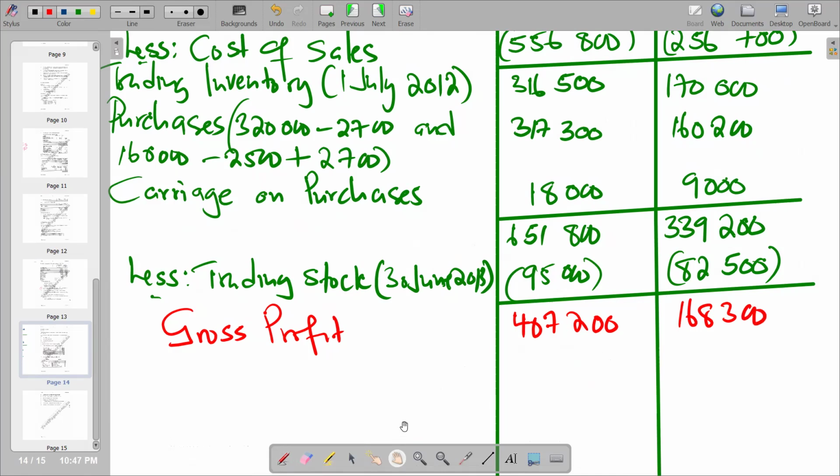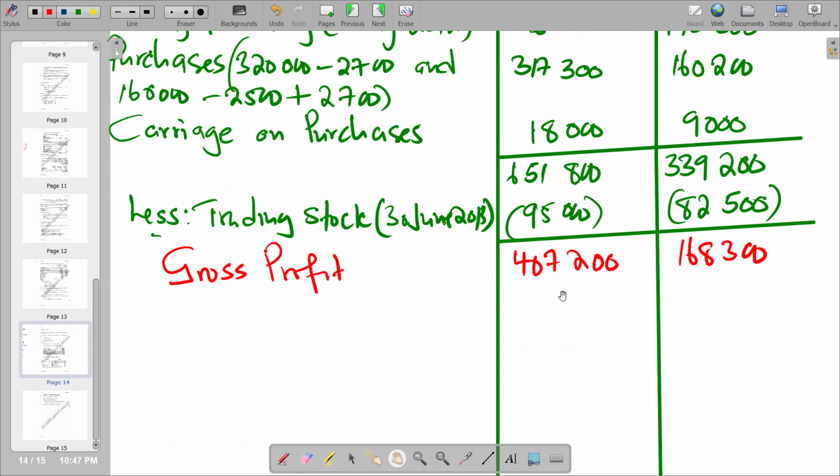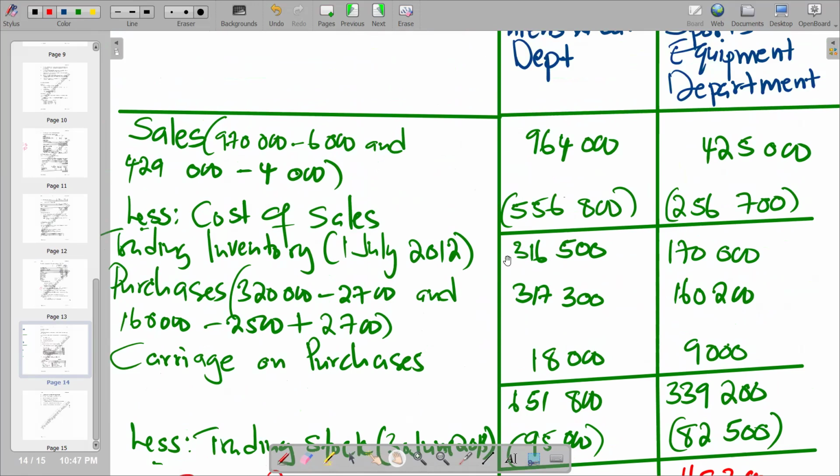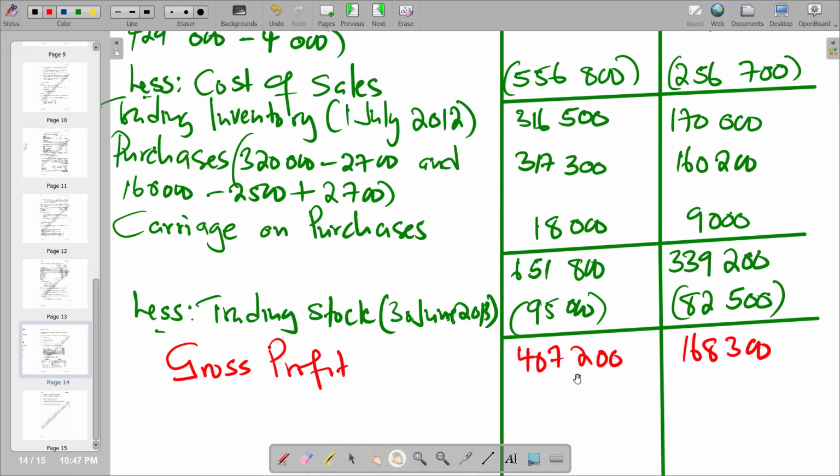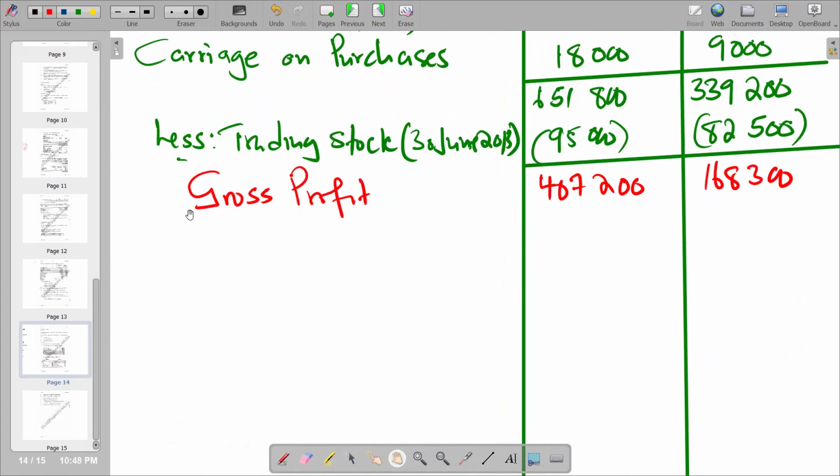So from there, remember, if we get a negative figure, in case our cost of sales is a figure that is greater than the sales figure, it means your answer here is a negative. So if that transpires, we leave it in brackets to show that it's a negative figure. So we proceed from the gross profit. We are supposed to add other income if we have other income in the question. So we are just saying add